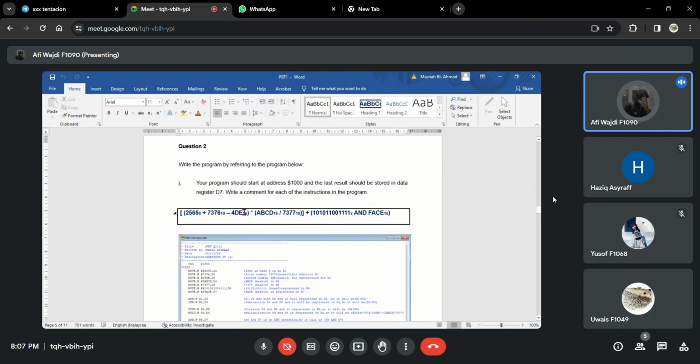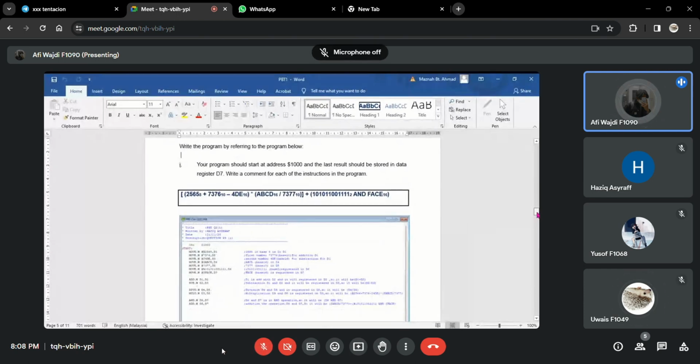and bracket, multiply ABCD hexadecimal divided by 7377 in decimal, in bracket, plus 101011001111 in binary and FACE in hexadecimal. So when we see the program,